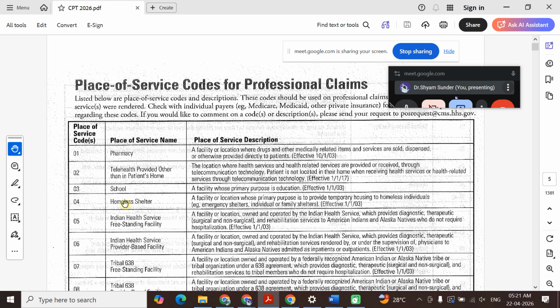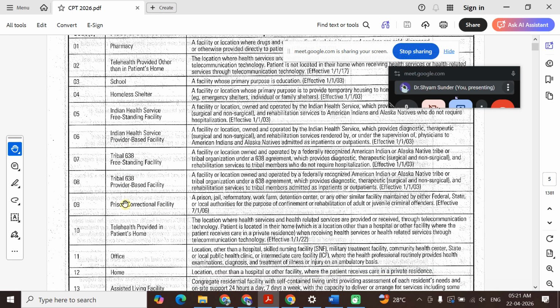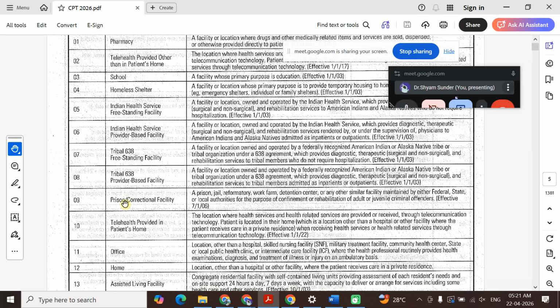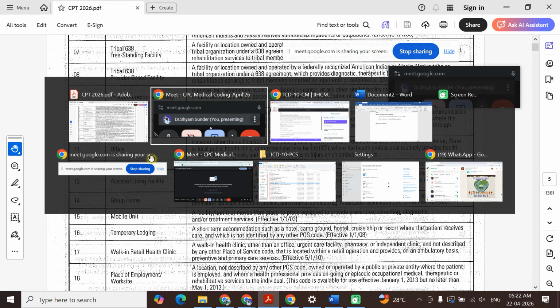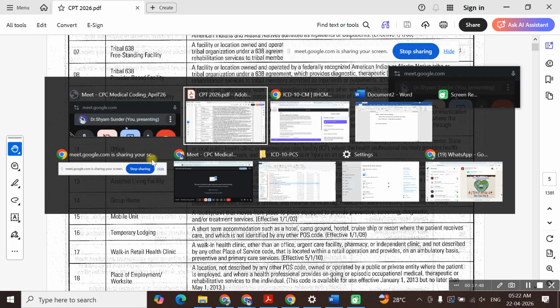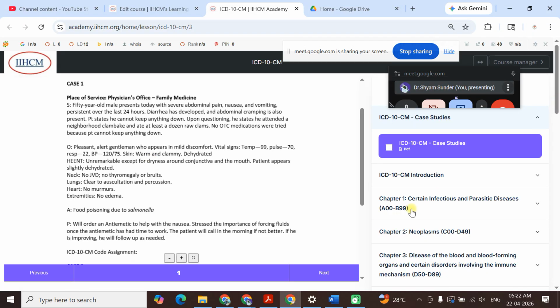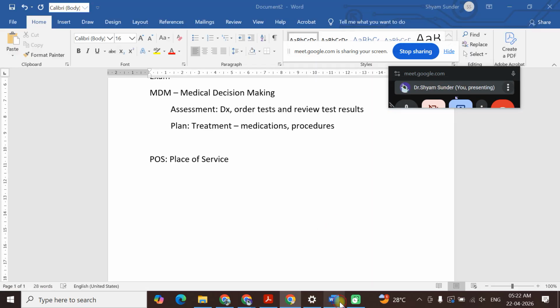All right. And this is the first one we are going to review. 11, office. Office means physician's office or clinic, outpatient clinic. That is the office we're talking about here. So the first thing you should know is place of service, very important. The second is